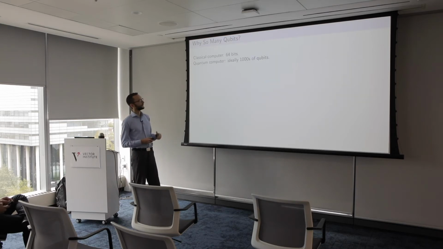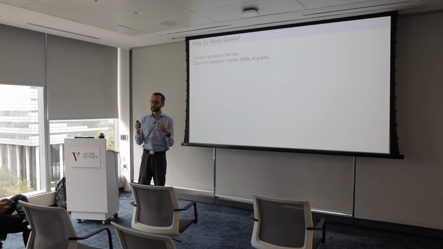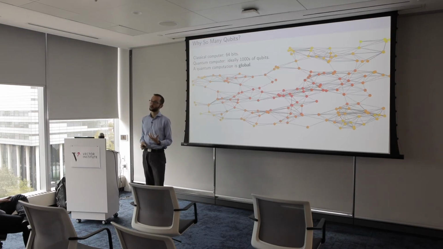So, but then, we have these probability distributions over the qubits as opposed to just having single bit strings. But then why do you need so many qubits, right? We want thousands of them, whereas your CPU or the processor in your phone has 64 bits and you're perfectly happy with it. So why is it that we need thousands of them? So the difference is that in a classical hardware, you chunk up your calculations into a sequence of calculations or maybe parallel sequences of calculations. But in a quantum computer, every calculation is global.